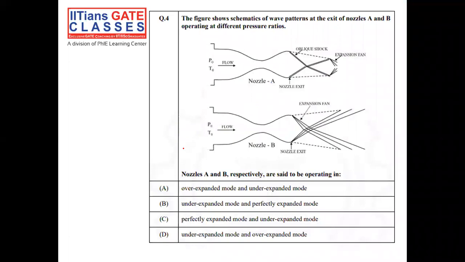Okay, so the first question is a 1 mark question, and this came from the gas dynamics part. Here two different flow patterns in a convergent divergent nozzle have been given, and we are asked to find out which pattern corresponds to an over expansion and which pattern corresponds to an under expansion. To understand the solution, we have to understand the different flow patterns possible inside this